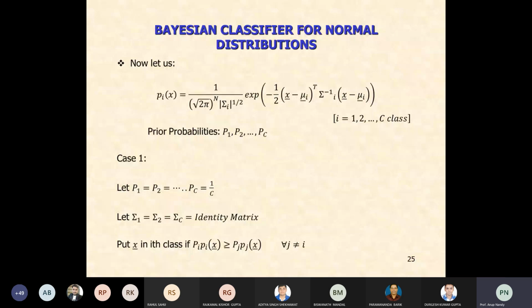Now how will the scenario be? As you can see, this variance covariance matrix is an identity matrix. This sigma is an identity matrix. Now if you put in the determinant of sigma, the determinant of the identity matrix is 1. Then the square root of